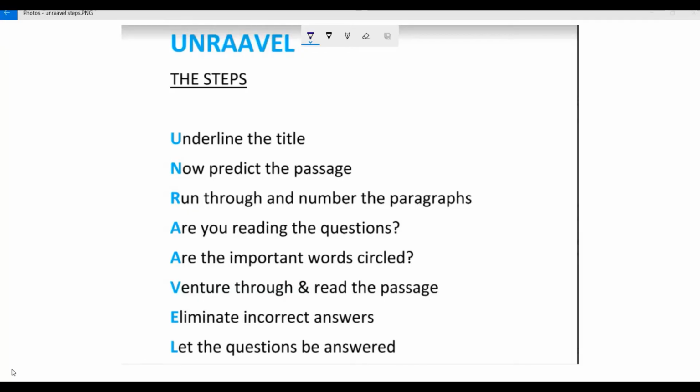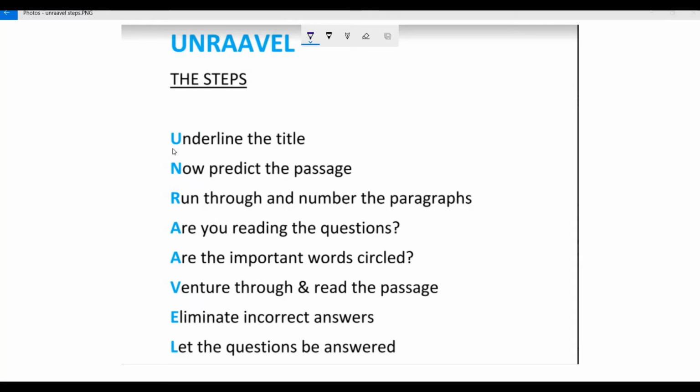Okay, so here are the steps to unravel. You can see that every letter of unravel actually stands for a step. That's what makes it easy for you to remember. Sometimes I like to say it as "unravel," so you can just keep in mind that the two A's in the middle are there on purpose. So